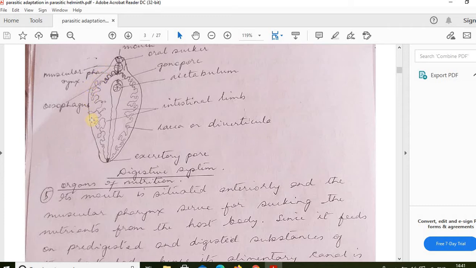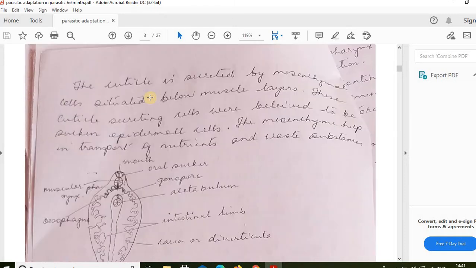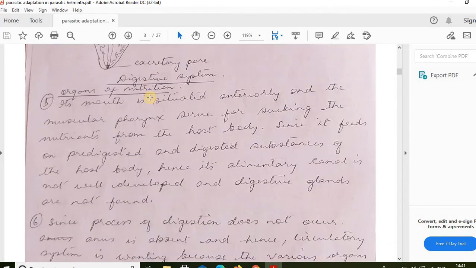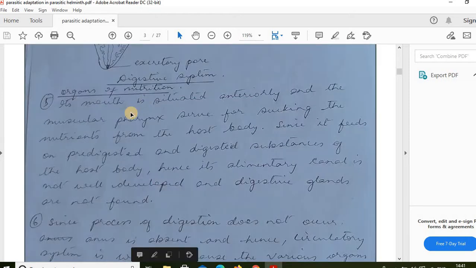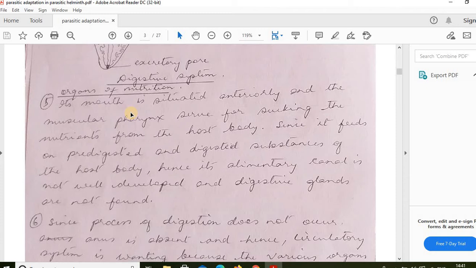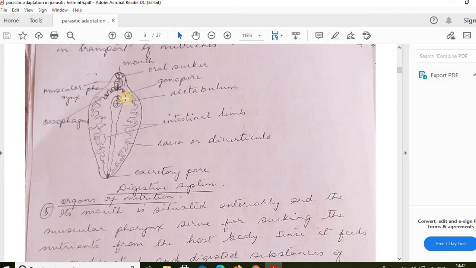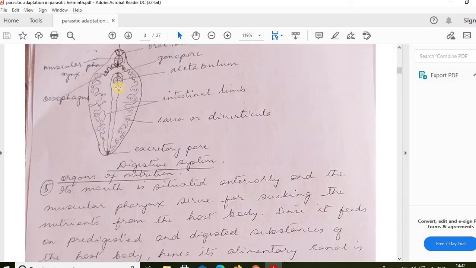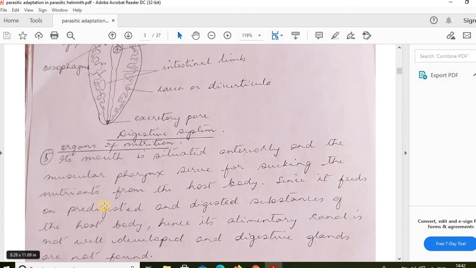Okay, so it has the antitoxin property which helps it not to be digested by the host. Its mouth is situated anteriorly and a muscular pharynx serves for sucking the nutrients. So you'll see the mouth, which is muscular, and the pharynx connected to it, which is surrounded by muscular glands. Since it helps in sucking the nutrients from the host body,